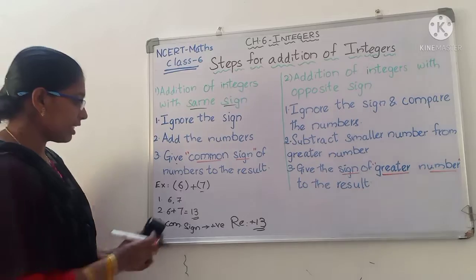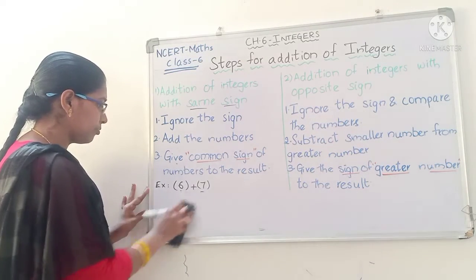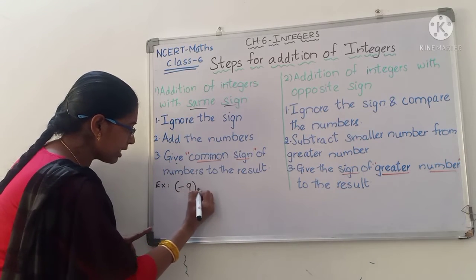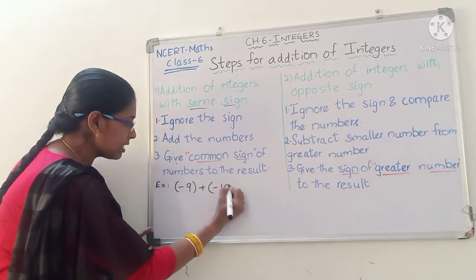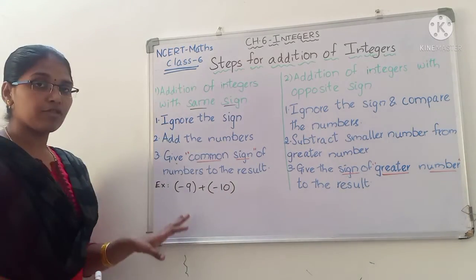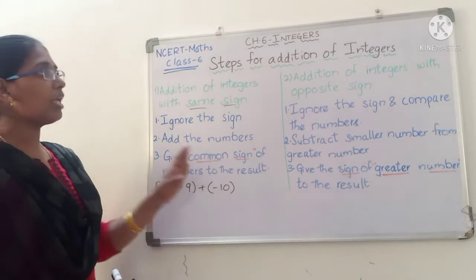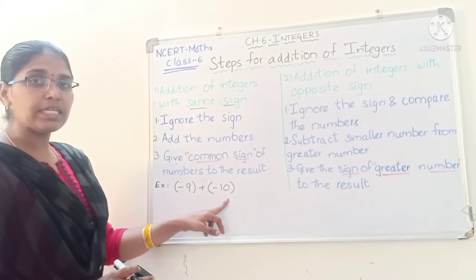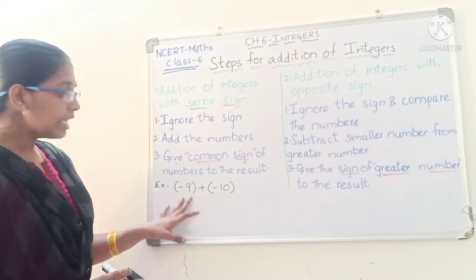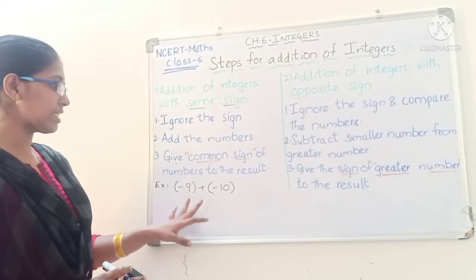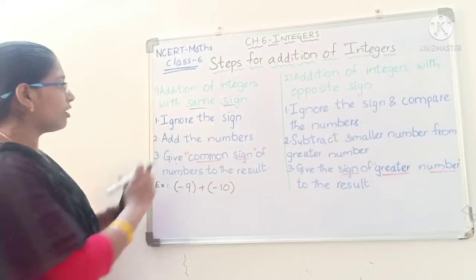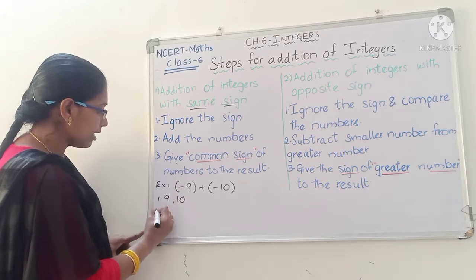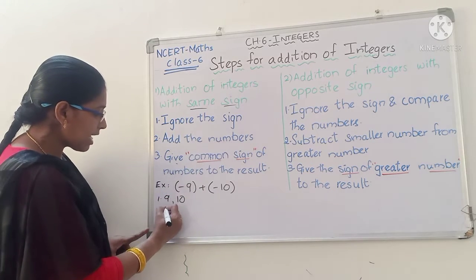Let's solve this with another example. Suppose the given numbers are minus 9 plus minus 10. So, first when the question is given, check whether it is of case 1 or case 2. Check the numbers. One is minus 9, that is a negative number, and minus 10 is the other number. It is also a negative number. That is, both the numbers given have the same sign. So, this is case 1. So, first step, ignore the sign. After ignoring the sign, the numbers you get are 9 and 10. In the second step, add the numbers. 9 plus 10 is